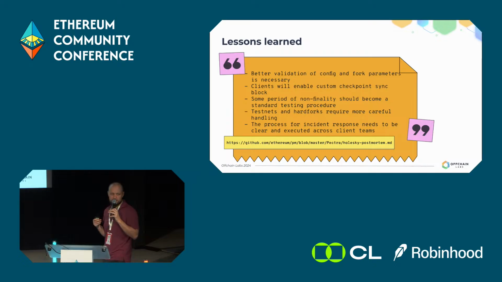So lastly, let's think about what we have learned from that. So firstly, we learned that we need better validation of configuration, that's for sure. So either manually or automatically with some tooling, or better yet, all of these combined. We need to make sure that such a configuration error never happens again. This custom checkpoint syncing, where you can specify a custom block, is very helpful, maybe not in this scenario, but in some future problems or for debugging. So that's a good flag for all clients to have in the future.